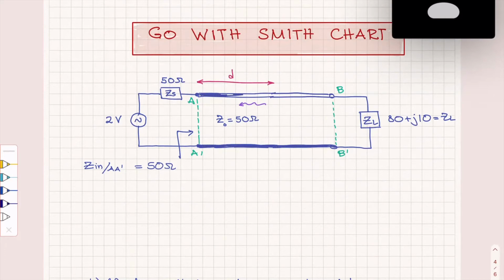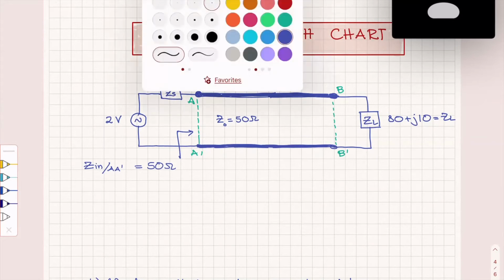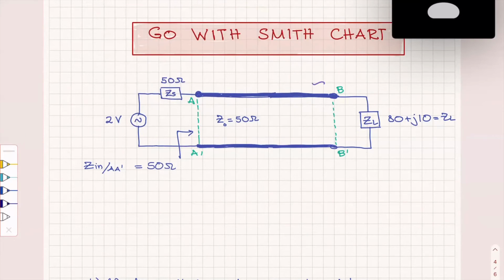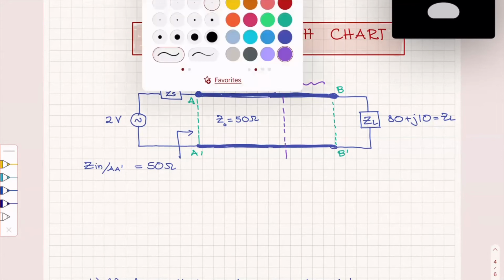And here. And let's assume that I want to move in, let me erase this because we can select ourselves D. And I want to move here from the load until I find a place where I can place a series stub. And if I do not find this place,